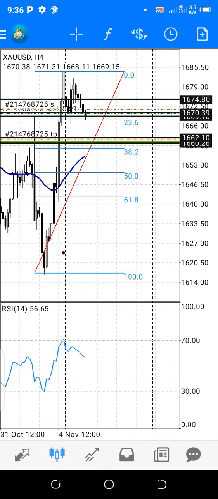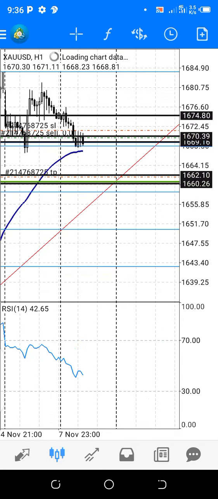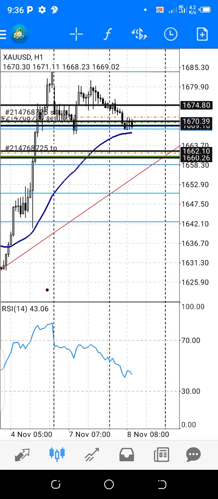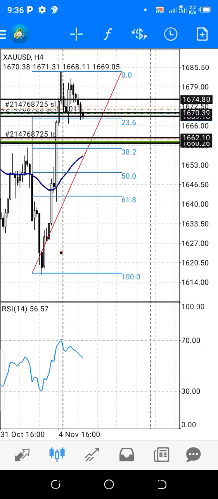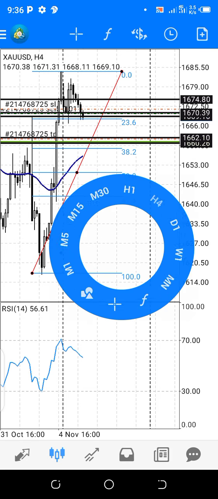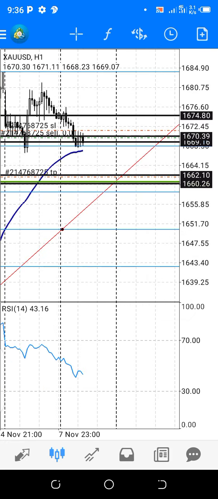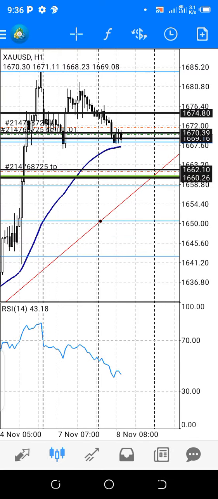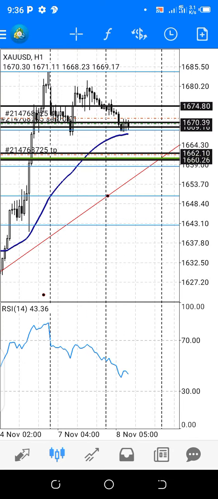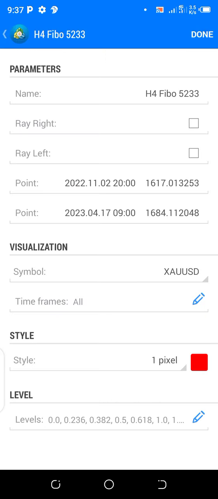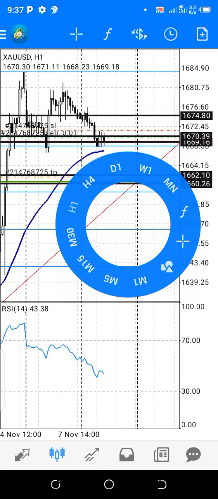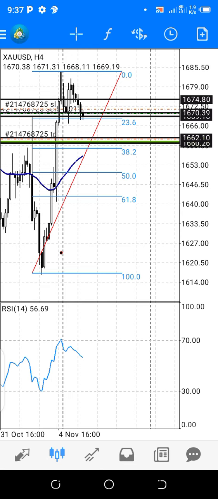So we're waiting for this correction. Then the 1 hour time frame. Let's go for the 1 hour time frame. Let me remove this Fibonacci line. So that's okay. You go to the 1 hour time frame. This 1 hour time frame. Okay, let me remove it. So in this 1 hour time frame,